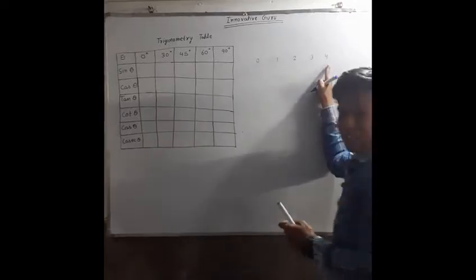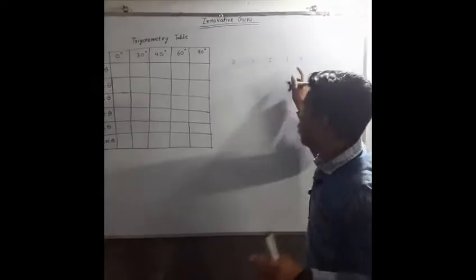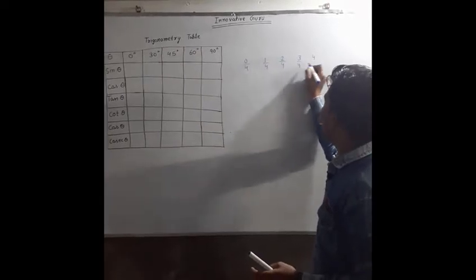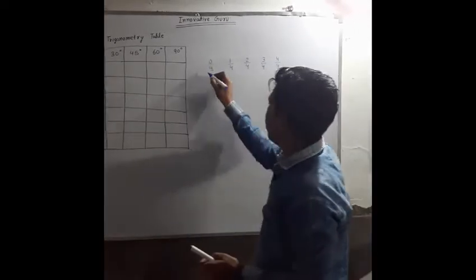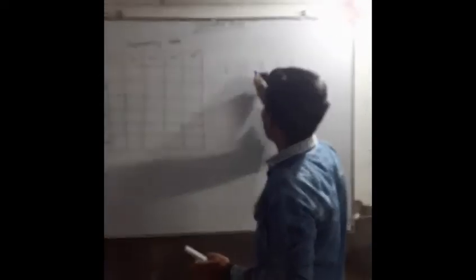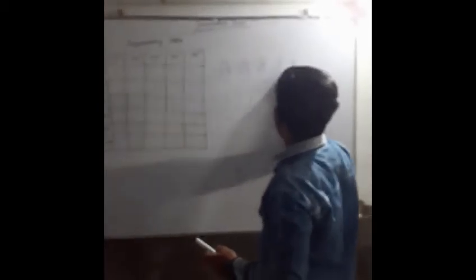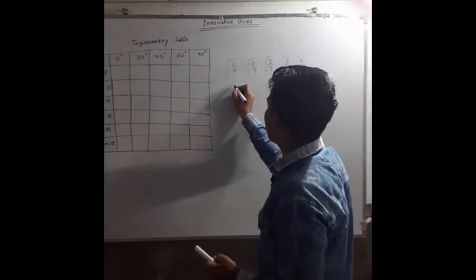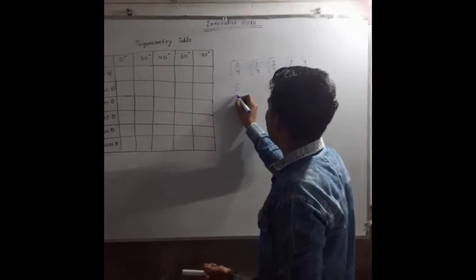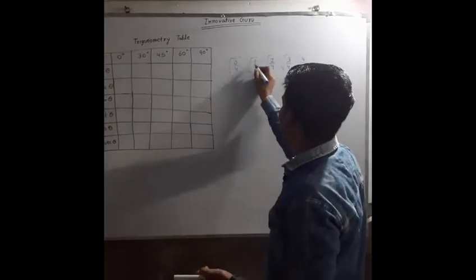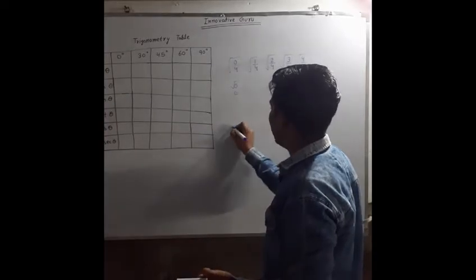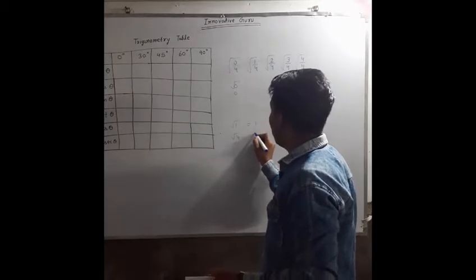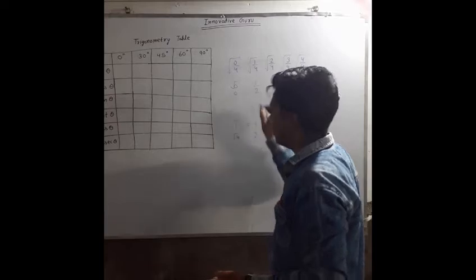Now what is the last number? It's 4. So you have to divide each and every number by 4. After that, put down the root. Now solve the equation. Root 0 over 4 is obviously 0. If you solve this, what is the root of 1? It is 1. And what is the root of 4? It is 2. So the answer is 1 by 2.